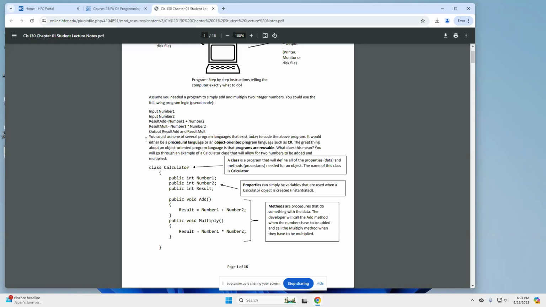so what we're doing here is we're creating a description for an object that's a calculator. Okay, let's say you've got a real simple calculator. You can put two numbers into it and you can do either addition or multiplication. Okay,